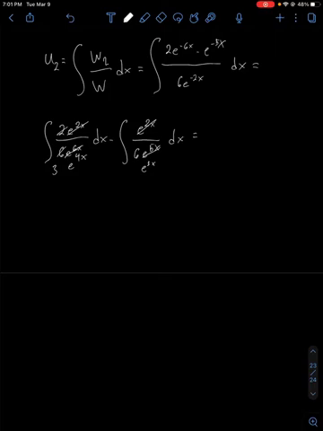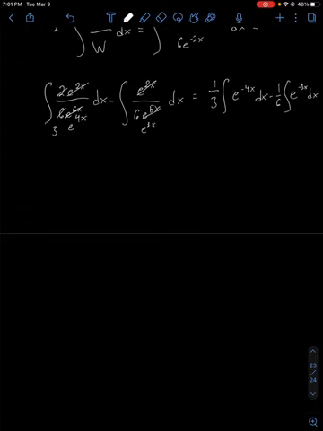So it's going to be 1/3 the integral of e to the minus 4x dx minus 1/6 the integral of e to the minus 3x